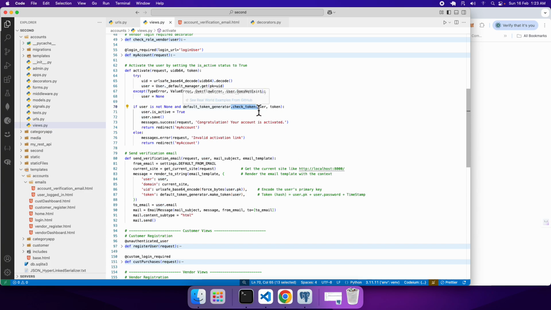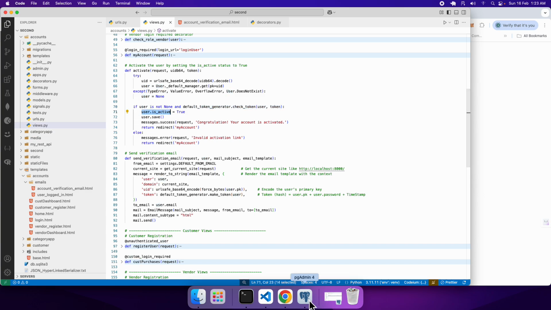So the check token function will extract the primary key, will extract the password that the user has given, and it will also verify that the time span that was mentioned over here, this entire process, has been completed within that stipulated time span. Because if you do the work after the time span has elapsed, then this registration will not take place. So if both things are valid, then the user is there in the table and the whole process has been completed within the stipulated time span. If both are correct, then inside the user there is an